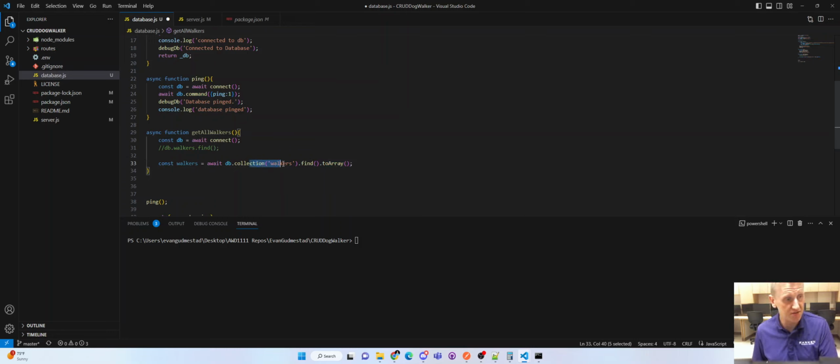This cursor can be used to build a query, and you can apply filters in here just like you did before, if you were to say full name and all that. But we're not doing that for this method. This method is get all walkers, so we're not filtering our data at all. We're going to get all the dog walkers, put it in an array,